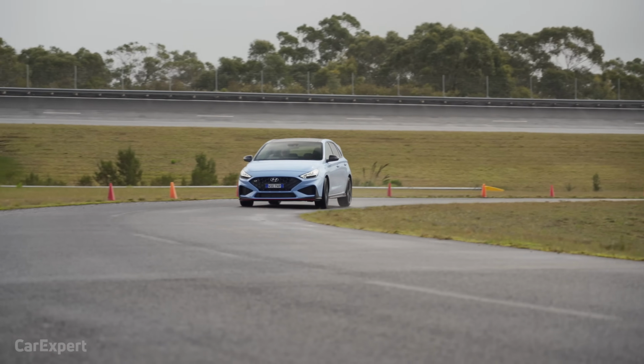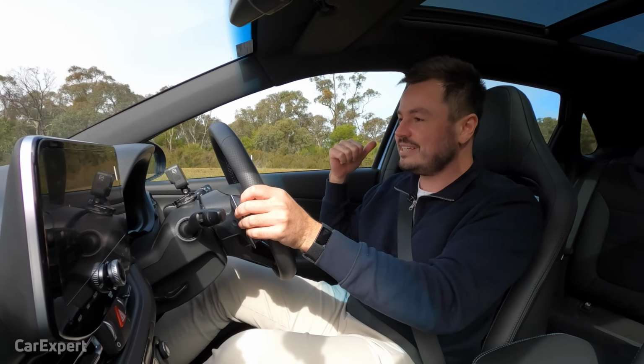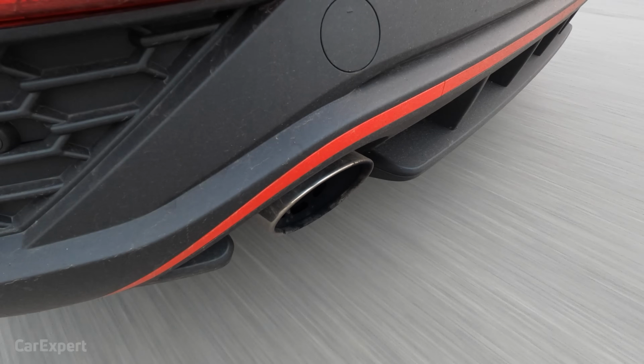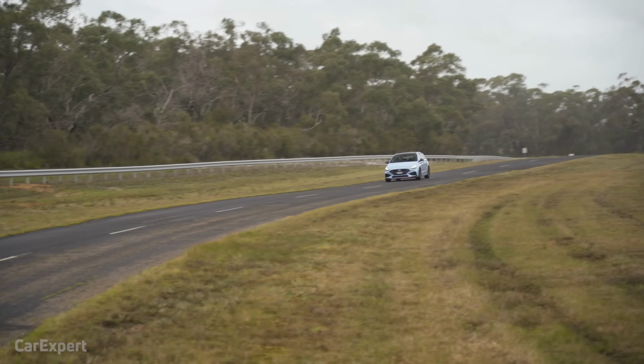This is the best sounding hot hatch in this segment. There really is not a better sounding hot hatch that sounds like that every time you let off the throttle. Now, I will call out that when it is in the N mode, the ride is bloody firm, and obviously